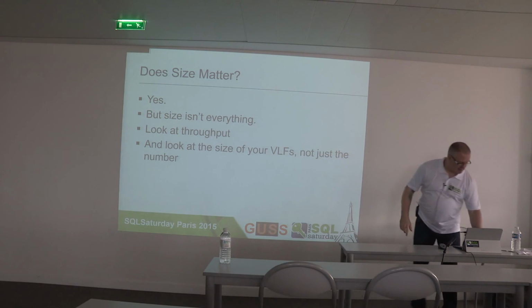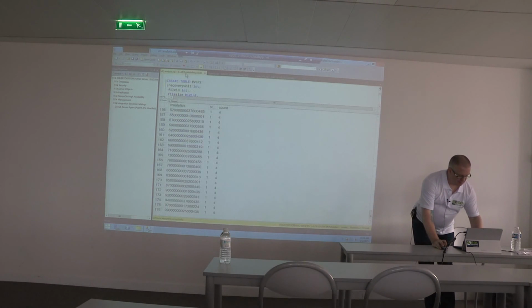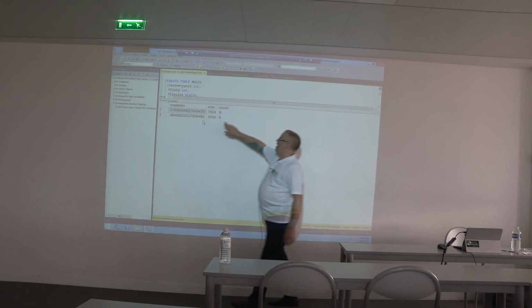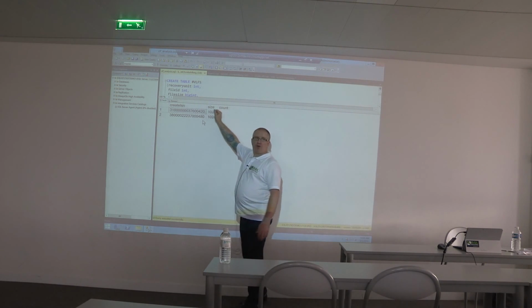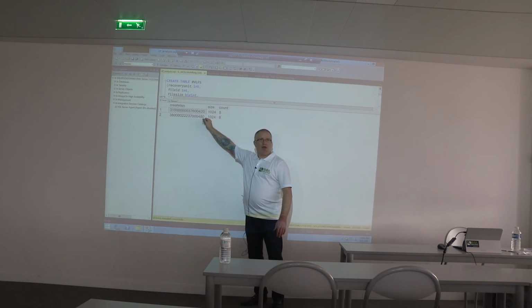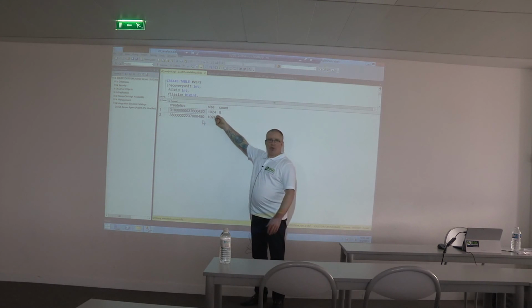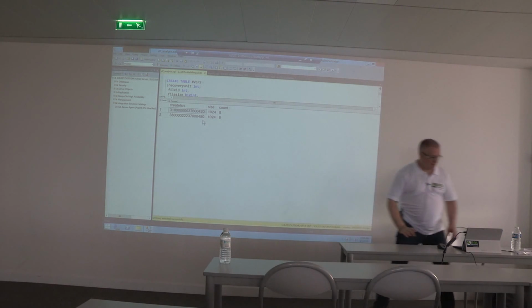I'm going to switch back to my demo because it's been running for a few minutes. What you'll see now is we've been growing in that 1 gigabyte increment, and it's adding 8 VLFs at a time. I could let this run all day and prove the same thing. Can I ask you to trust me that it's always going to do the same thing? Again, I have the scripts out there. Test this yourself. It works.